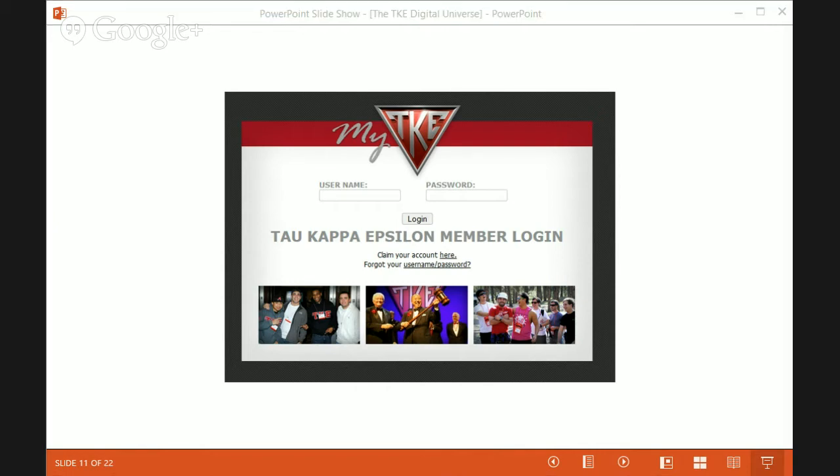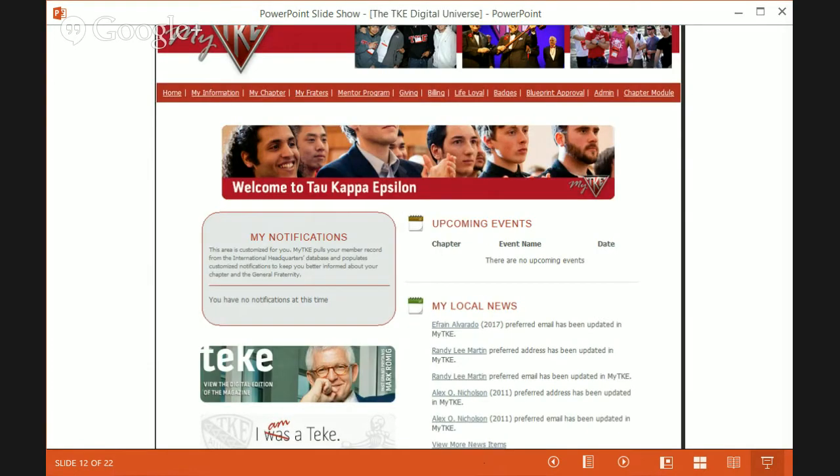So as we get into the system here, after we log in, you'll see a screen that's similar to this. You have some notifications on the left. Again, database interconnectivity. If there are events in the chapter module calendar, those appear automatically right here on the upcoming events screen. Why that's important is alumni are starting to utilize this system. They're starting to go in and use this as the one way to get reconnected and re-engaged with Teke. And so if our collegiate members are actually using the chapter module to update information, and when alumni events are, etc., all of that will be populated in here and alumni can see that.